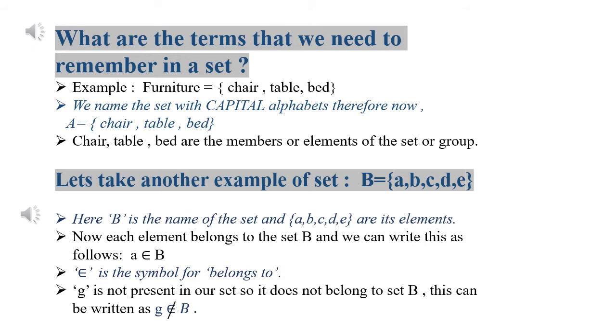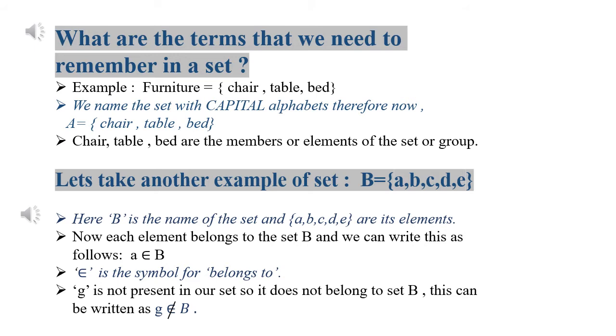Okay. Now look at the last point. G is not present in our set. Can you see G anywhere in the set? No. Means it does not belong to our set B. Therefore, if I want to write the same thing in symbolic form, I will again use the same symbol of belongs to and I'll just strike it off with a line which indicates that it does not belong to set